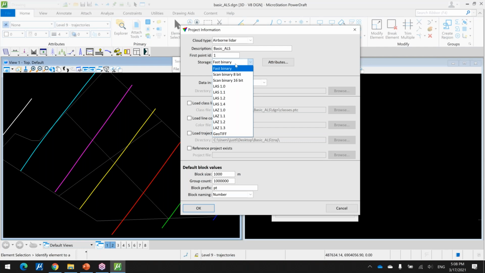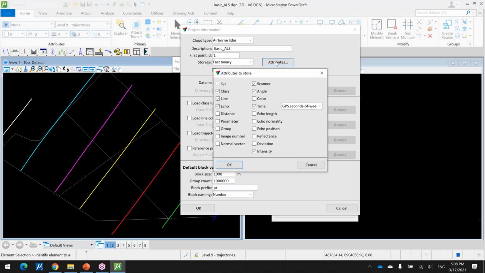I would recommend choosing fast binary, as it is a bit faster compared with others, and as well gives you the ability to store all of the attributes that you can use in data scan. By clicking on the attributes button,